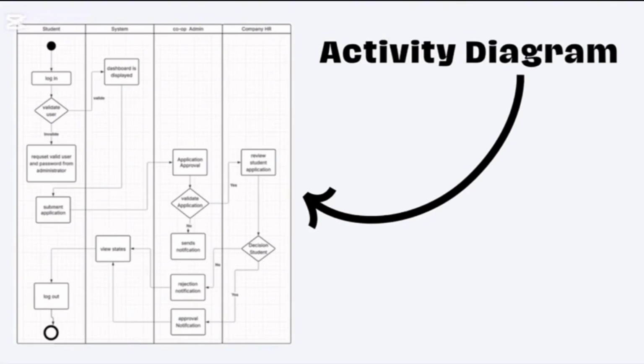After this application was submitted, it's going to go straight to the co-op admin. Here the co-op admin will approve this application. If it wasn't approved, it's going to send a notification to the student. If it was approved, it's going to go straight to the company HR. Here the company HR will review this application and decide whether to reject or approve it. Both ways it will send a notification. It's going to be shown in the system view status, and then the student can log out